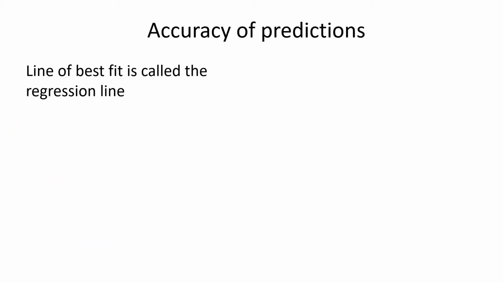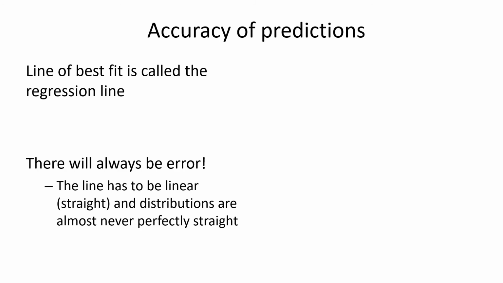I said this before, but another name for the line of best fit is the regression line or the prediction line. There's various different ways to do it. However, one thing to be aware of is there's always going to be error. I used an example earlier of a perfect relationship, but you're never going to find that in the real world. You're never going to find a perfect correlation, a +1 or -1. You're only going to ever find it theoretically on paper. Because the line has to be straight, and distributions are almost never perfectly straight. So what to consider there is the error,